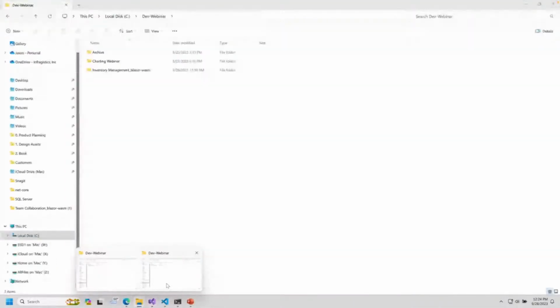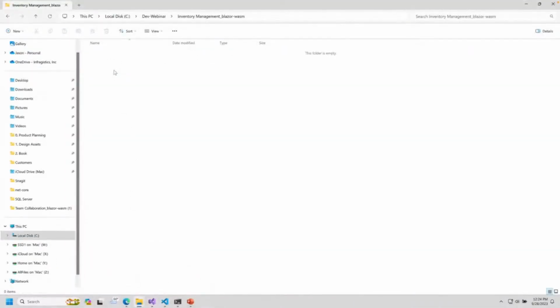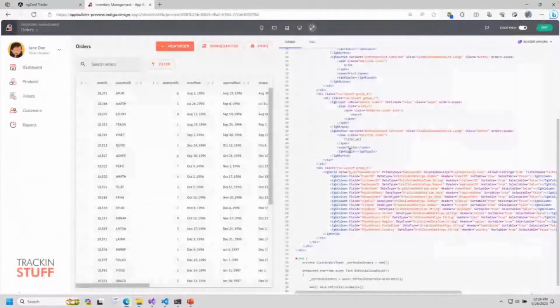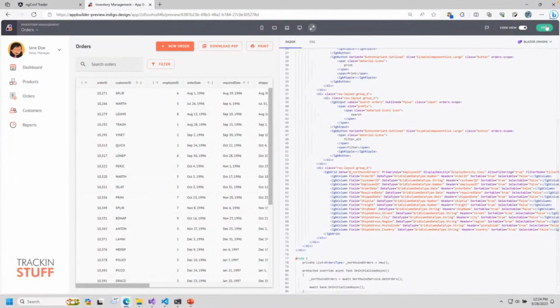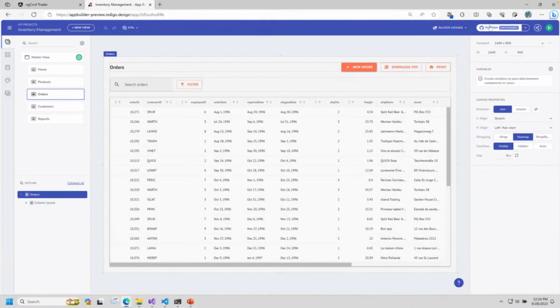Let's go over to here and let's look at inventory management. Oh, maybe I deleted it already. But in lieu of time, I'll run this sample later. But generating the code for a sample like this is literally going here and saying publish. So in this case, if I wanted to publish this to GitHub, I could. If I wanted to download a zip file, I could. And prior to that, I could change the framework. So it's that easy to get started